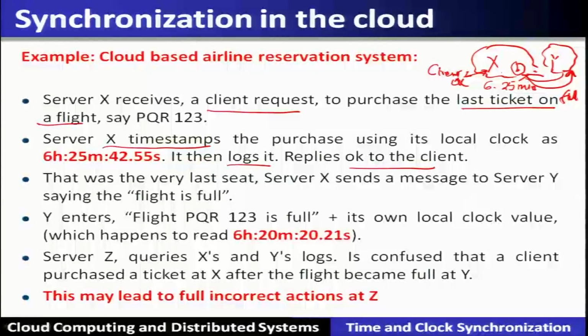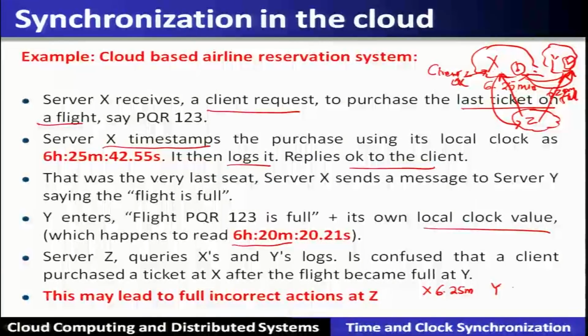Now, Y will enter that the flight is full and will store this information with its own local time. So, his clock will give another time, that is 6 hours 20 minutes. Now, another server Z queries X and Y regarding this particular flight's seats, but when it gets this information that server X has booked the last ticket at 6 hours 25 minutes and Y at the time 6 hours 20 minutes, the flight was full,